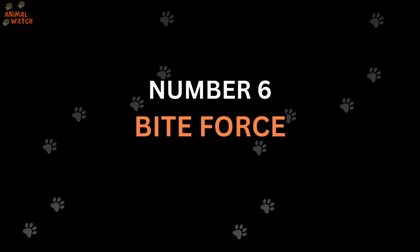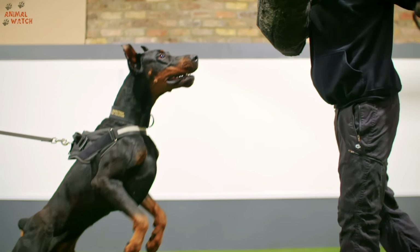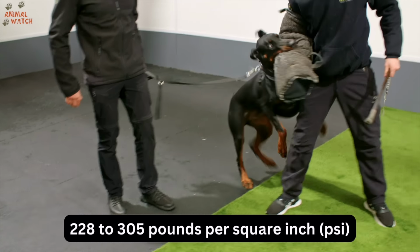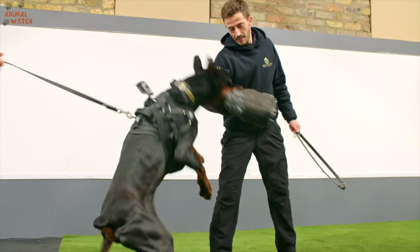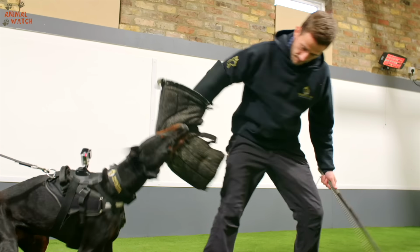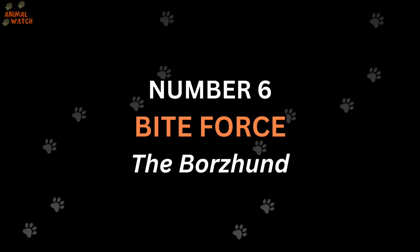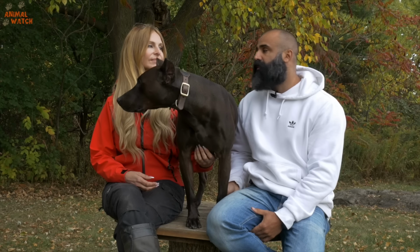Number 6, bite force. The Doberman. The bite force of a Doberman is estimated to be around 228 to 305 pounds per square inch, PSI. Although the bite force is great, it's not as powerful as Mastiff breeds due to the long shape of his snout. The Borz Hund. I don't know the answer to that because we haven't measured the bite force of my